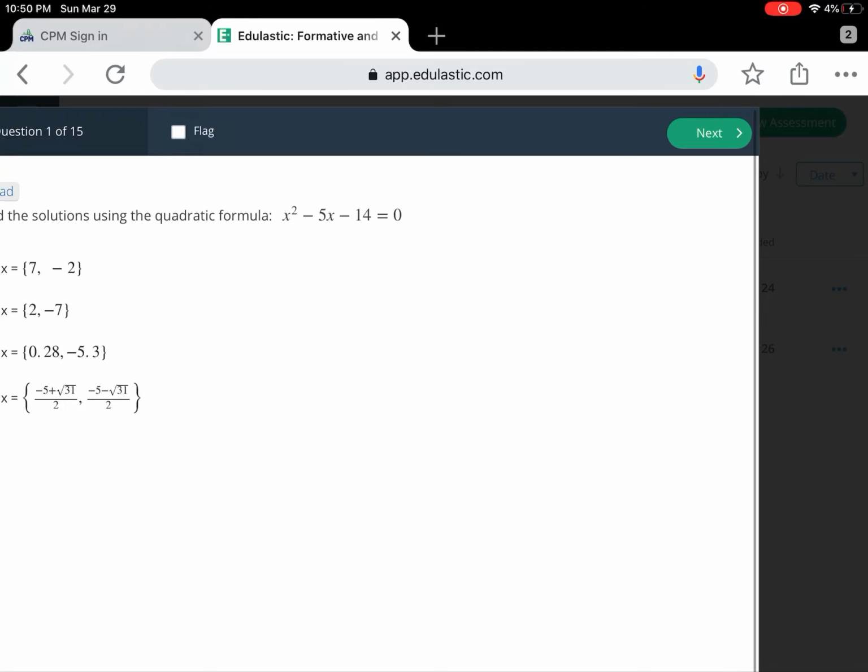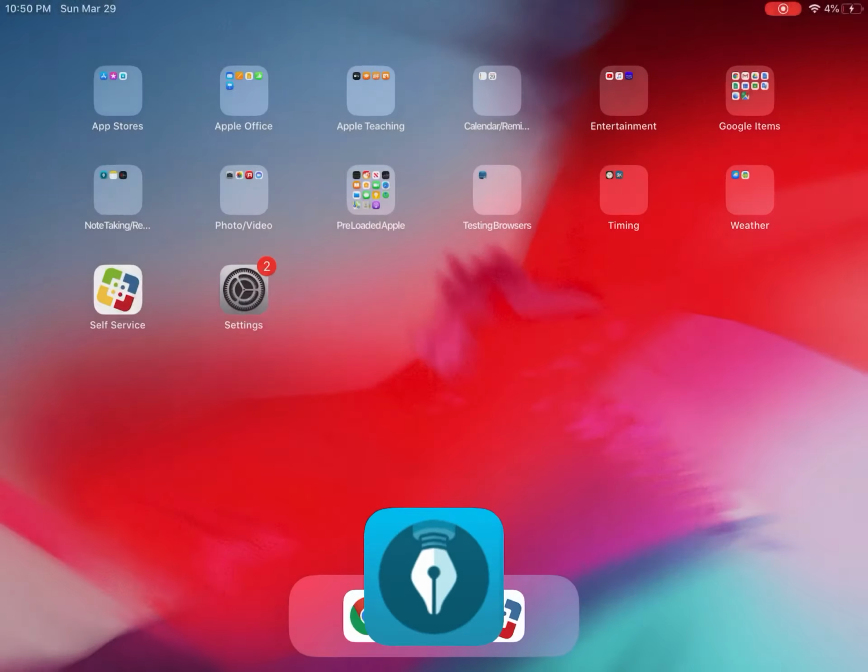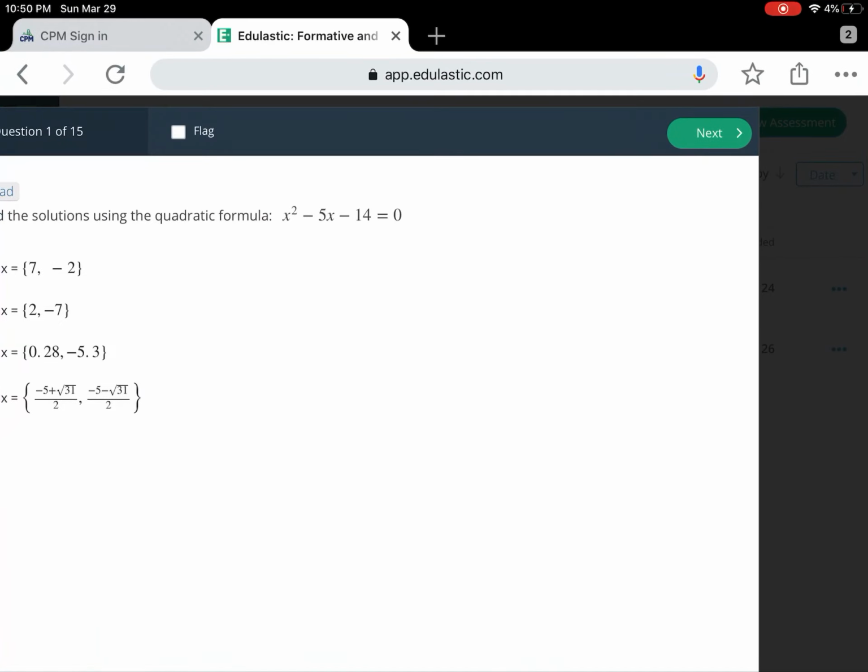So that's just a matter of using the quadratic formula. You'll notice we didn't even need a calculator as we went through that problem. That's not always the case. We got lucky that the square root of 81 showed up in that problem because it made it simple to work with, so we didn't need to do any kind of calculator work. All right, our next problem